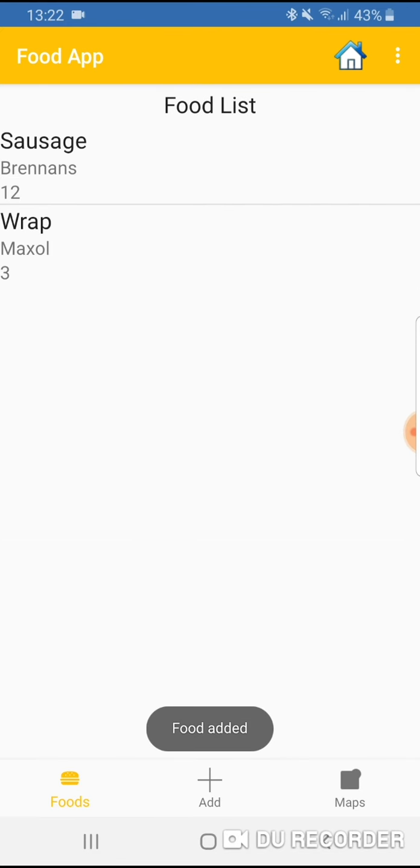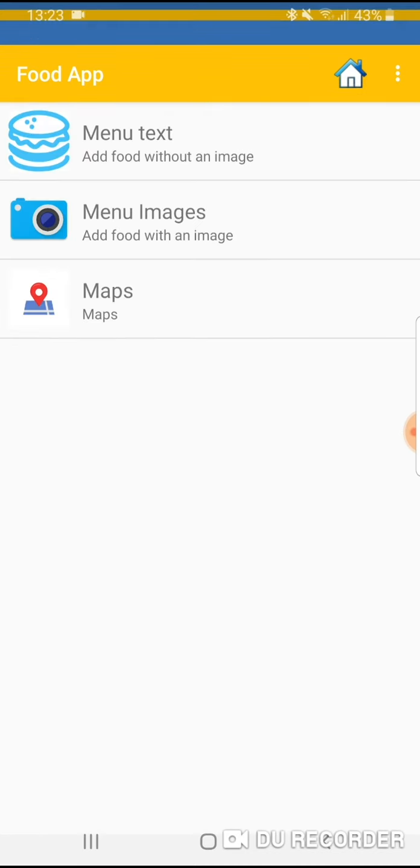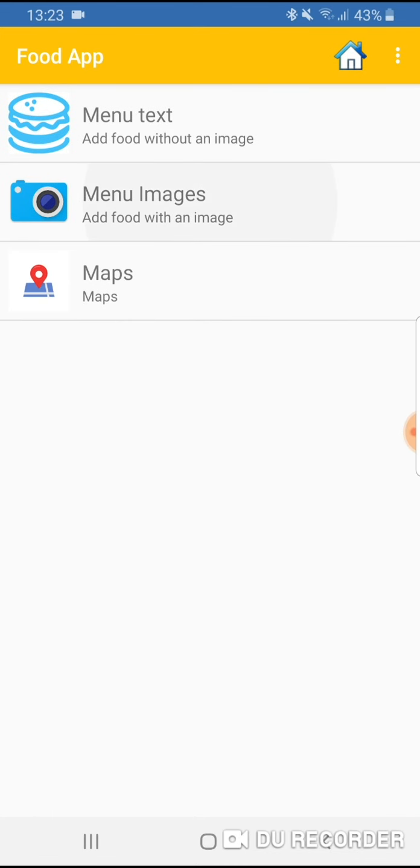Once the food is added, it'll bring us back to our read menu, so you can see that it's both there. Also along the bottom navigation line is the maps icon, which will bring us to the maps class. So if I want to go back to my menu text, main menu, I just hit the home button up here. Now we have menu images,